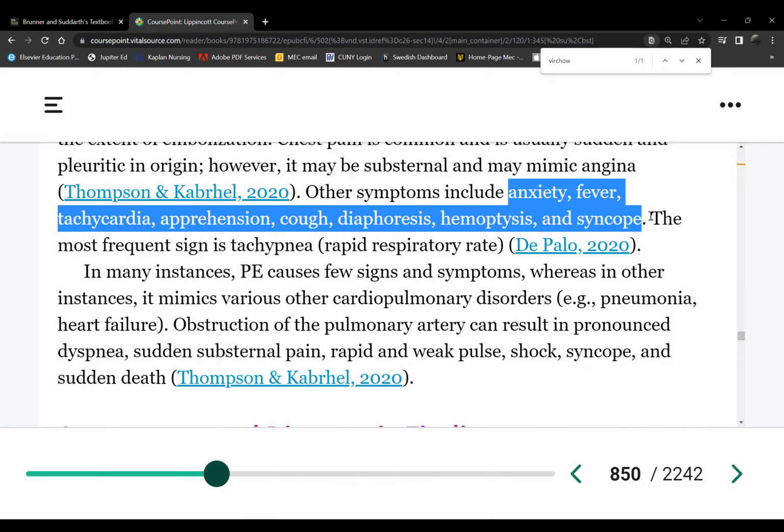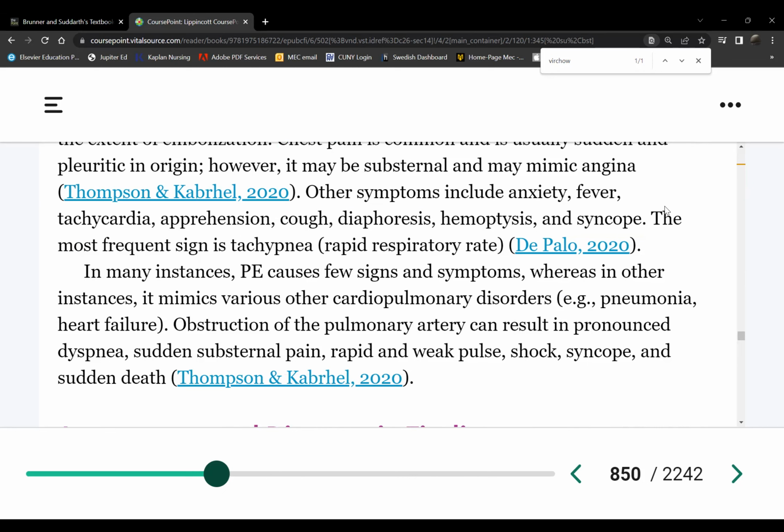And of course, depending on how many pulmonary arteries are blocked, what happens to forward blood flow? It's going to drop, right? So therefore, what happens to cardiac output here? It will also drop, depending again on the severity or the category of the PE. So some PE, especially the massive, can cause shock, can cause cardiac arrest.